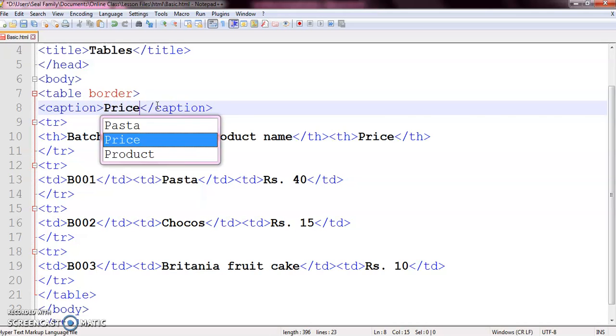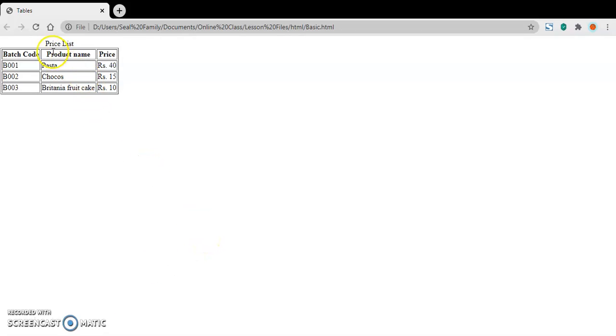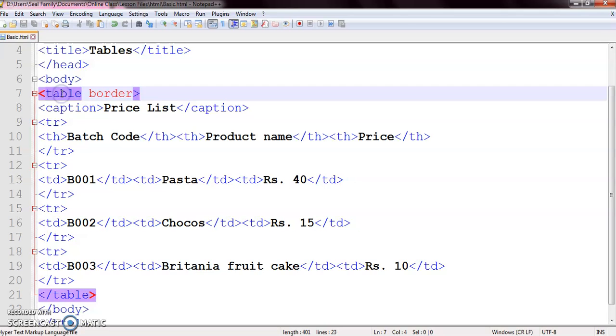So my caption is price list. Let's save it and you can see the output. My caption appears here, the price list. But remember one thing, this caption element must be inserted immediately after the table element.